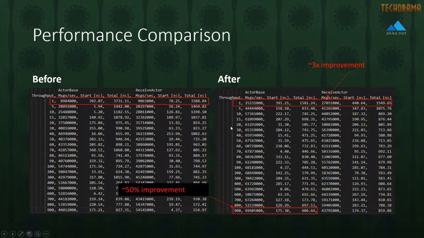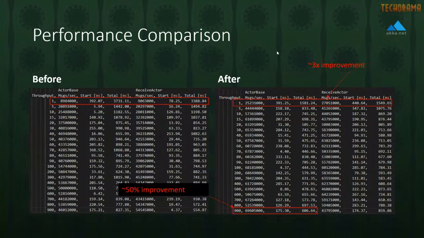Now, there's definitely going to be diminishing returns. Once you get above a throughput value of 30, which is the default in Akka.NET, the numbers start to become a little bit more random because at certain points, the operating system scheduler is going to put that thread to sleep, even though it has more items to work on. So we basically can't guarantee that we're going to get a chance to process all 900 messages before either the .NET runtime or the Windows or Linux operating system forces this thread to yield for somebody else.